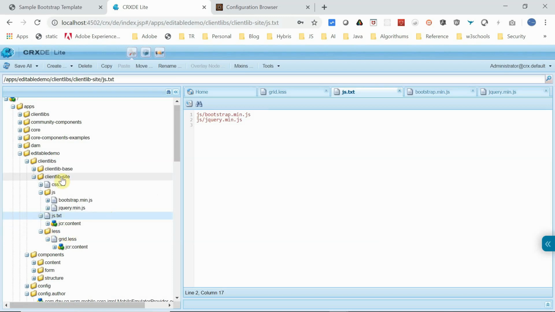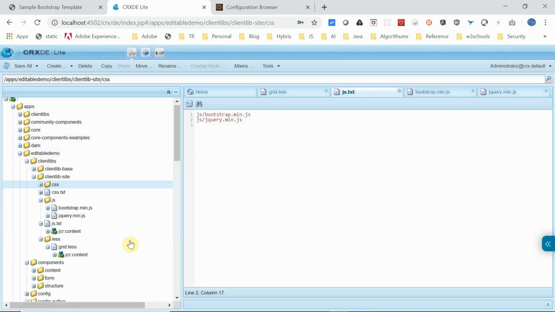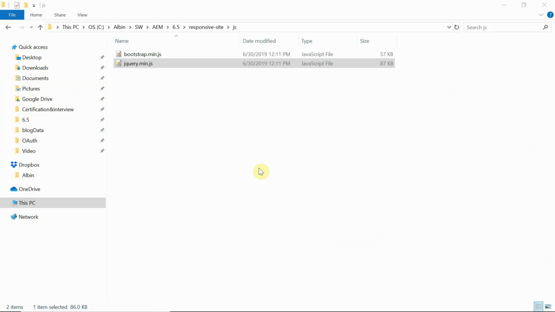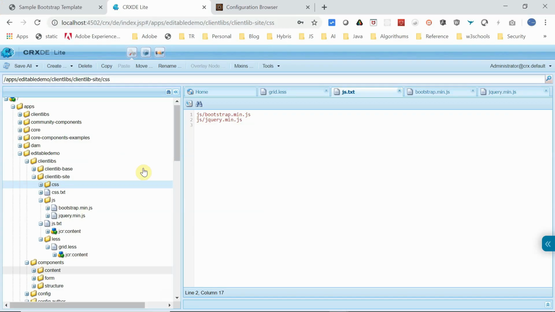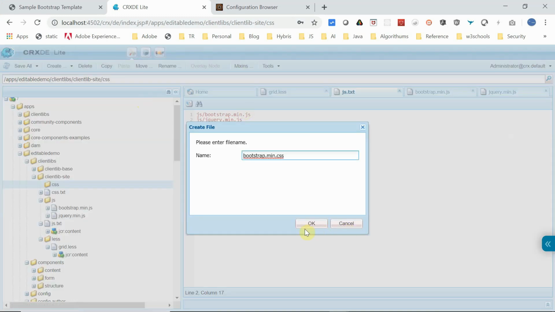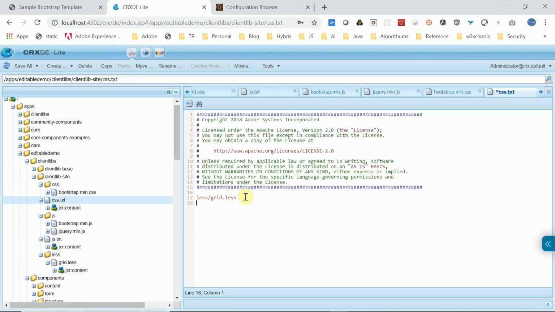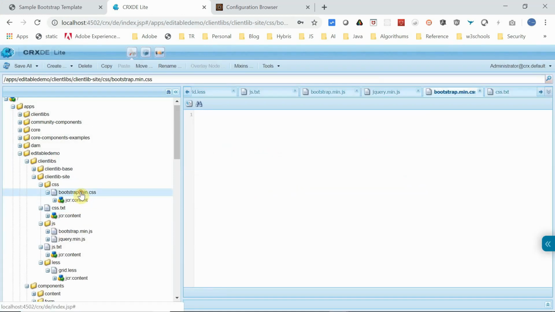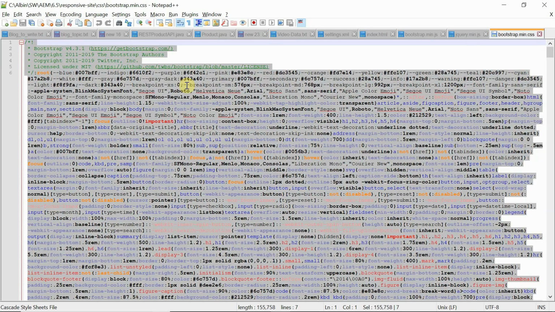Now let us add the CSS. Create another folder called css. Now I need to create bootstrap.min.css. Create a new file and let me add this first. Now let me copy this.